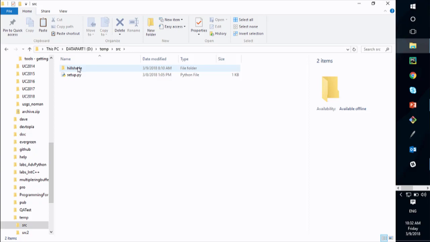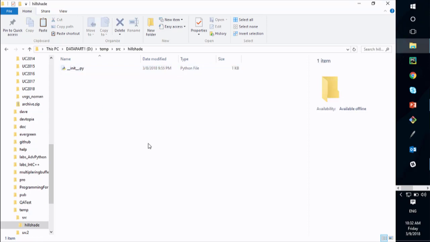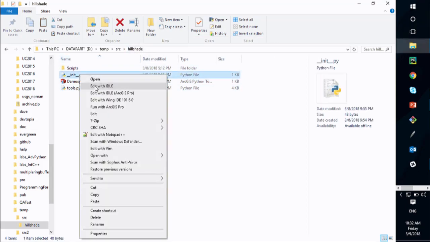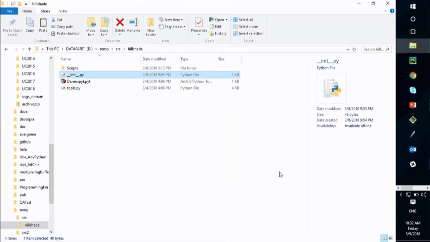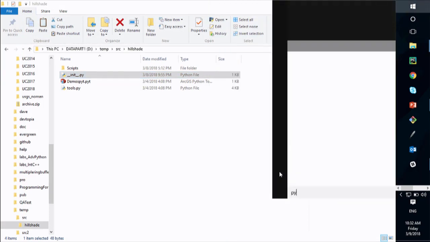All right. So what I'm going to do is create a little Python package and drop this tool into it. All right. So yeah, I'm just going to call this package Hillside or Hillshade. There's not much in it, right? This is just kind of the show, right? This is the tiniest package possible, but with this toolbox included. Okay, now, let me open